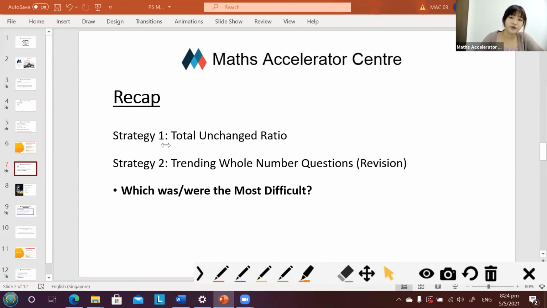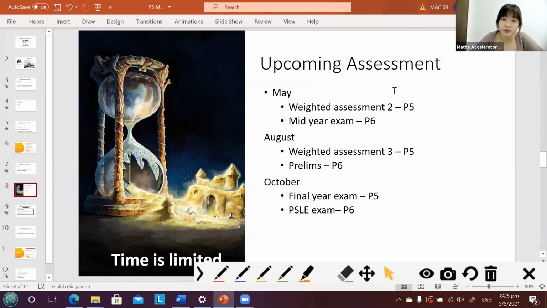Right, so if you find the questions difficult, okay, you probably need to practice more. Okay, maybe you've never seen this type of questions before. They're actually very common. Okay, so if you want more practice, especially since your exams are coming up, okay, your weighted assessment,